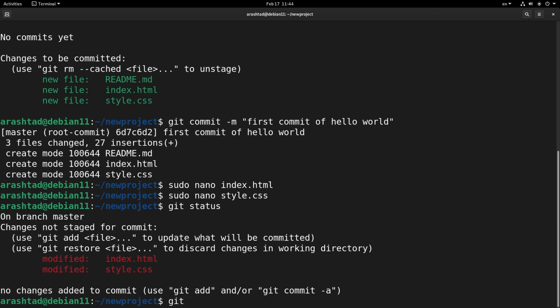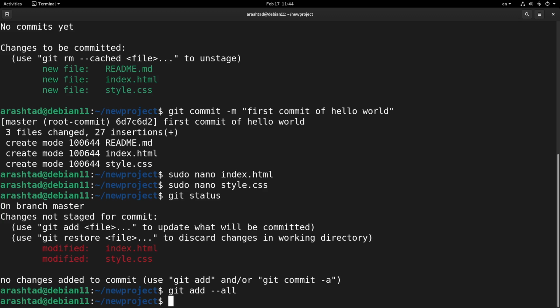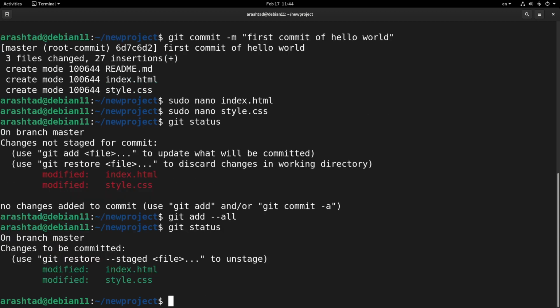And here I'm gonna run git add --all, and then run git status one more time. As you can see, the modifications have been added to our repository,